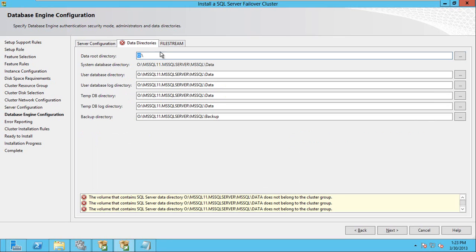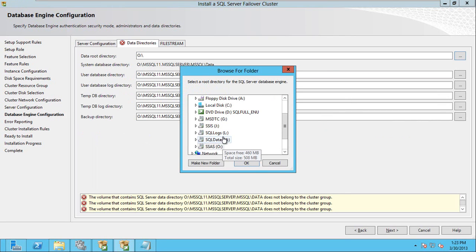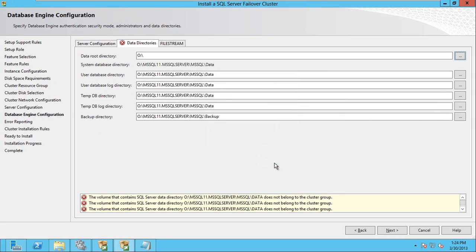Okay, so we have to specify O drive because earlier it was cluster disk 1. Now we have M and L available. So you can say M drive. This is the root directory. When you change the root directory, everything else will automatically change, but you can specify whichever directory you want. For example, all my user database logs should be stored under L drive